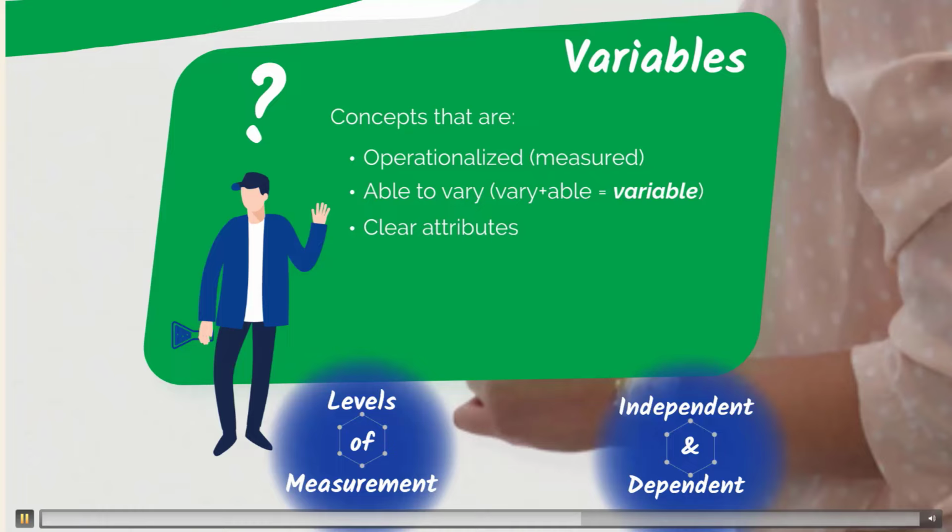An attribute or category is a specific value on a variable. For instance, the variable agreement might be defined as having 5 attributes. 1, strongly disagree. 2, disagree. 3, neutral. 4, agree. 5, strongly agree. Or New York City's boroughs' attributes, as we mentioned before, are Brooklyn, Manhattan, the Bronx, Queens, and Staten Island. Counties' attributes may be different.